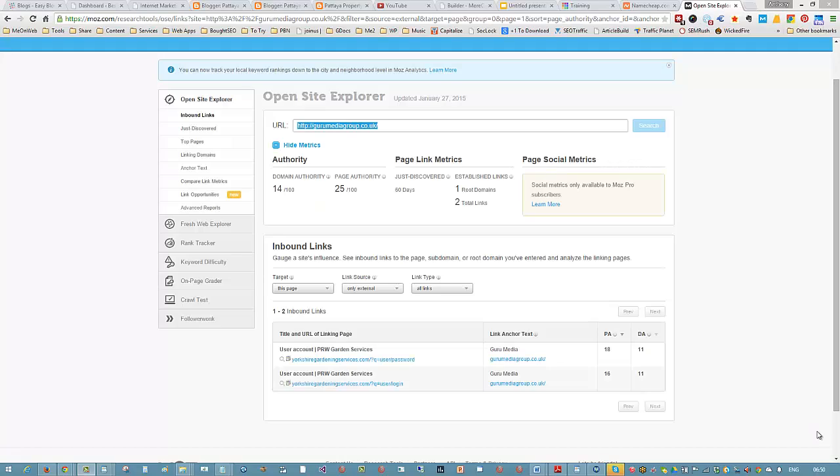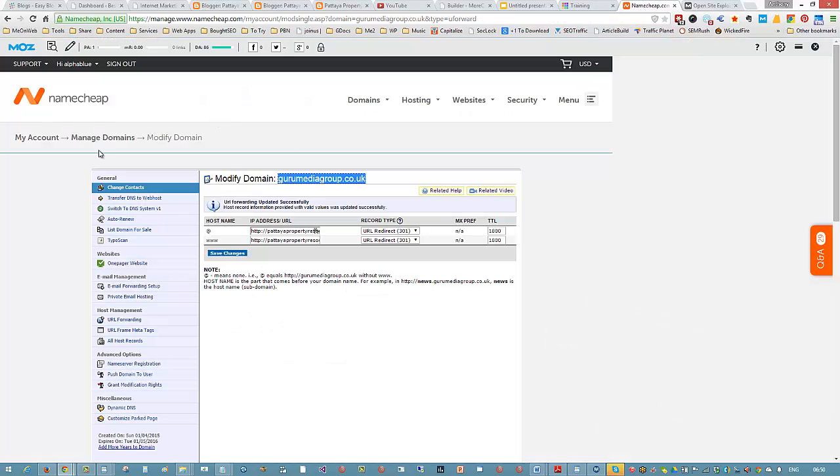Hi guys, I'm just going to show you briefly how to do redirects from expired domains over to your Blogger account. Now we're going to keep this as simple as possible, and we're going to keep it as safe as possible as well. So go over to namecheap.com, and you can see here I've got this domain here called